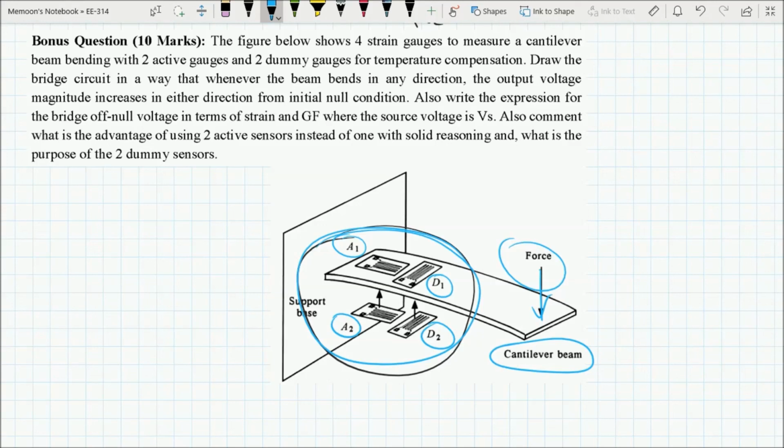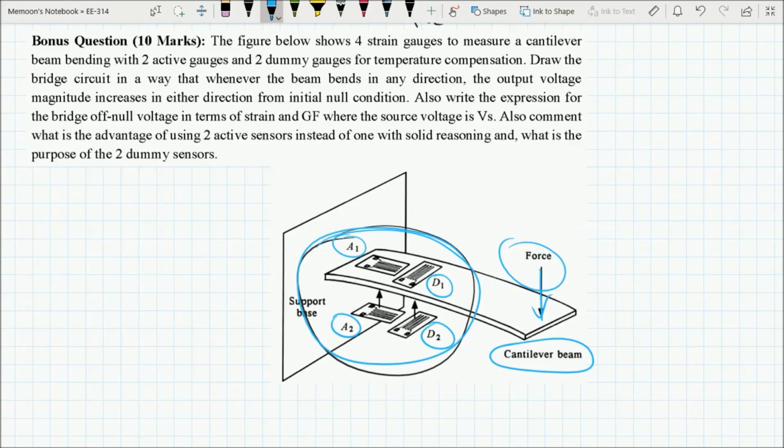This question was given as a derivation in last year's exam, and I think last year I did not derive the whole expression of Vout versus the gain factor, but this year we derived the complete expressions and went into the detail of the derivation, and we also commented on the advantage: the sensitivity doubled. So this question has already been solved, and this means that your examples related to signal conditioning circuit design of resistive sensors are complete.